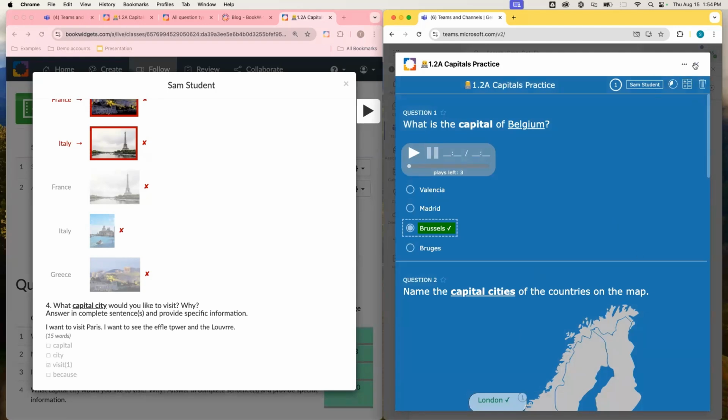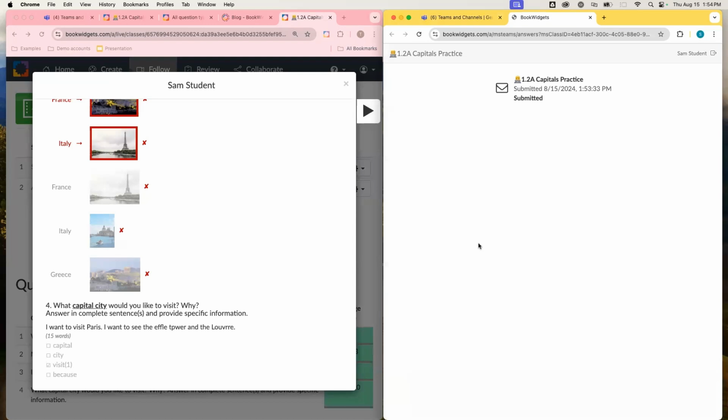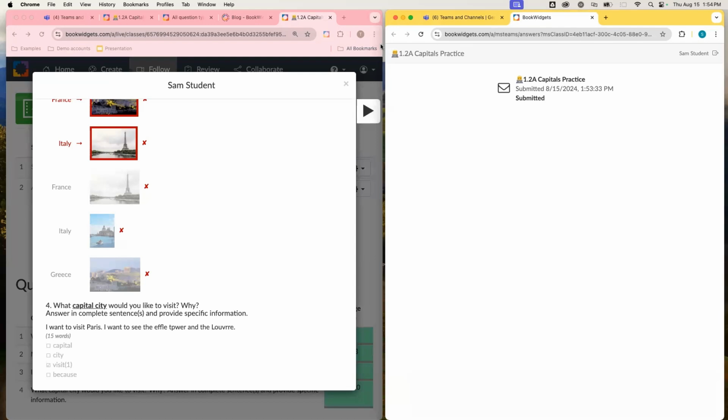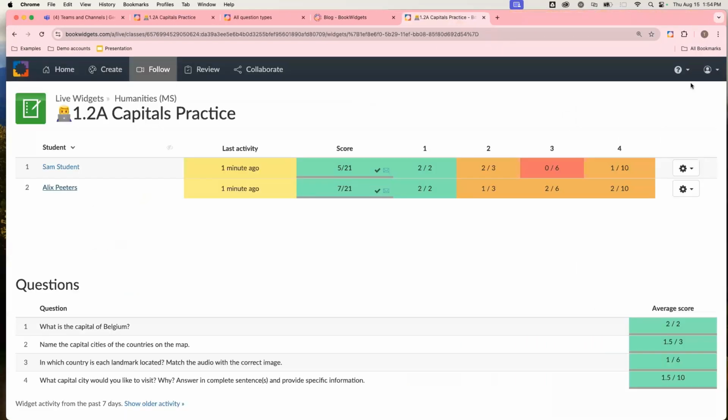All right, so then I'm going to hit the X button, go back to my Microsoft Teams assignment, and I'm going to hit turn in. Yay, I've turned it in. And then I'll see my work has appeared here. And it is a PDF view, or no, not yet, because I have to return the work, but my students will see it momentarily. So let me pull Teresa back over, our teacher,